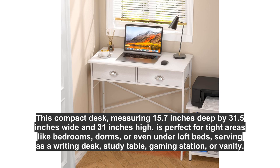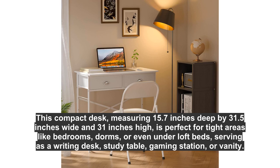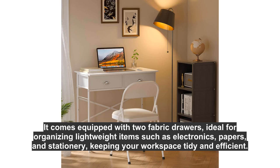This compact desk, measuring 15.7 inches deep by 31.5 inches wide and 31 inches high, is perfect for tight areas like bedrooms, dorms, or even under loft beds, serving as a writing desk, study table, gaming station, or vanity. It comes equipped with 2 fabric drawers, ideal for organizing lightweight items such as electronics, papers, and stationery, keeping your